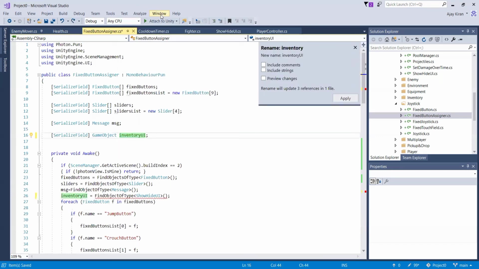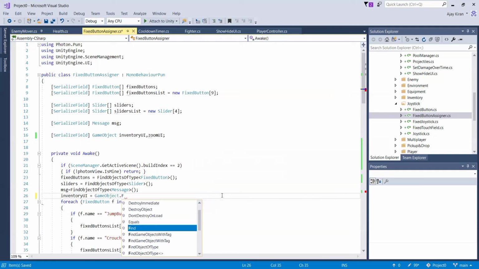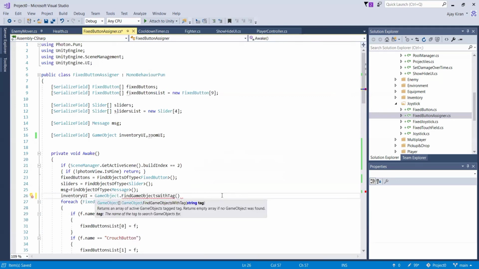Then I'm gonna add another field called zoom UI, and the inventory UI is gonna be GameObject.FindGameObjectWithTag inventory UI,